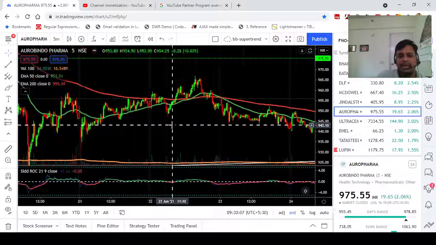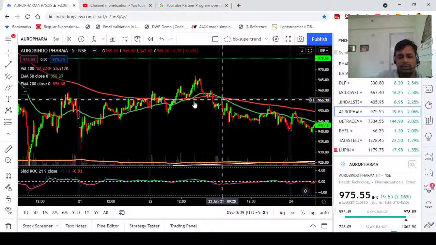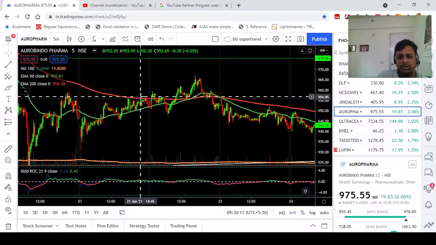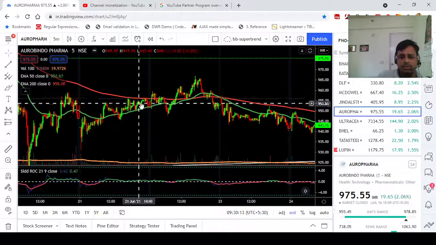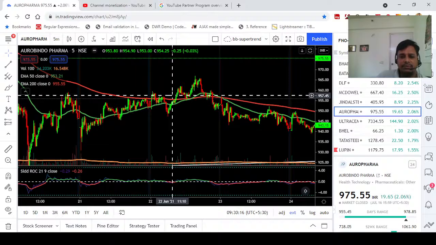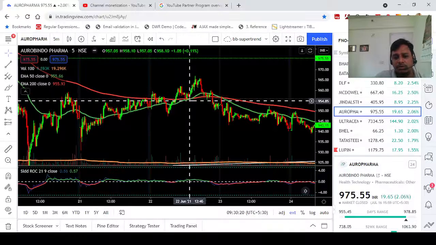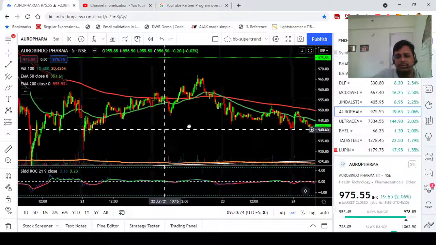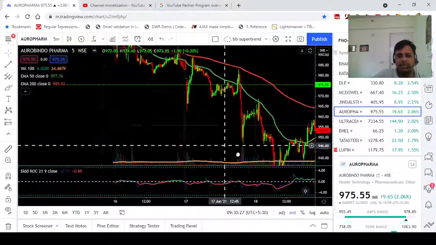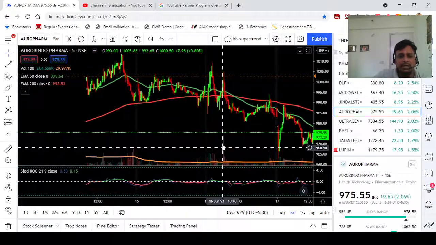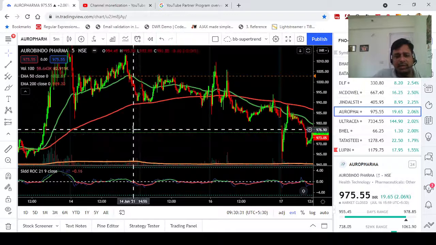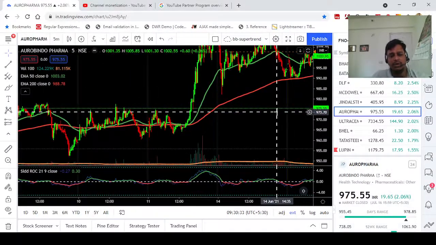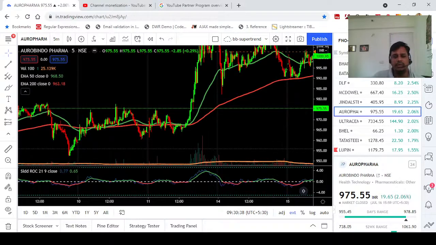Okay, and if you see here, the curvature of the 200 moving average is very much flat, so there is no need to take the trade on the long side. If you take a long trade, your stop loss is very tight, and you will follow the rule. So this is rule-based trading. If you do this kind of trading, your success ratio will be very high, and you will not beg any trainer or trader to give you a call.